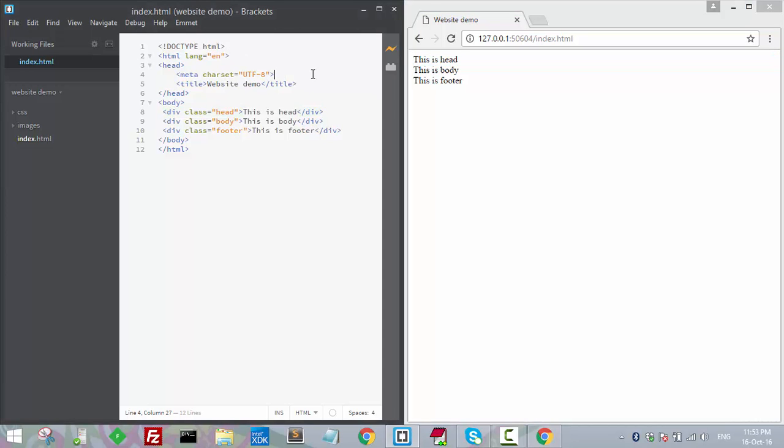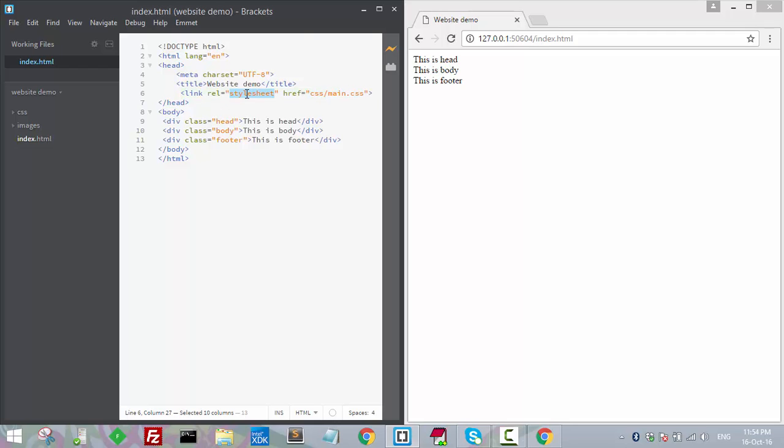One more thing, guys: if you want to use CSS with your HTML, you have to link that CSS. For linking that, you have to use a link tag, and whatever the location is, you have to add that CSS, main.css. Until and unless you add the CSS in your HTML file, it will not be useful, and you will not be able to use that CSS to give the look to that particular web page. So here what we are doing,